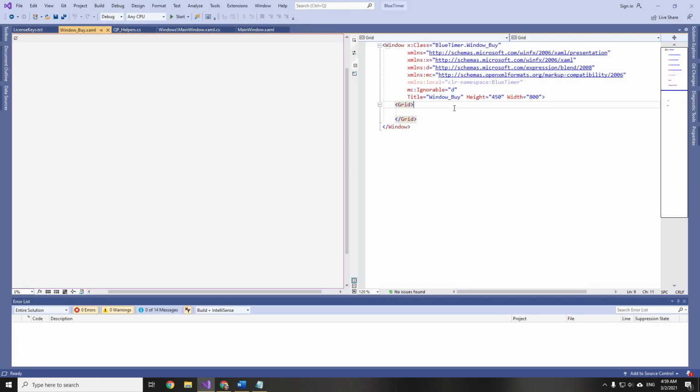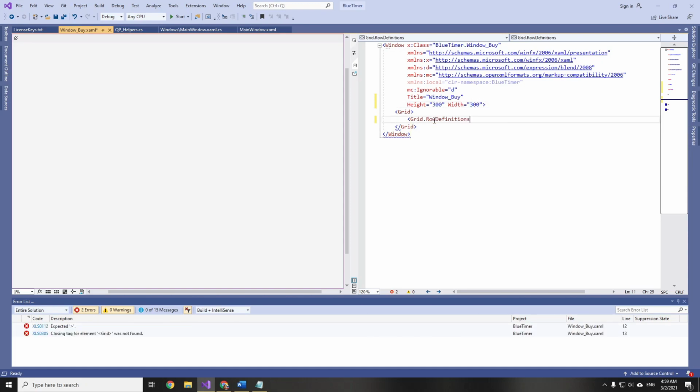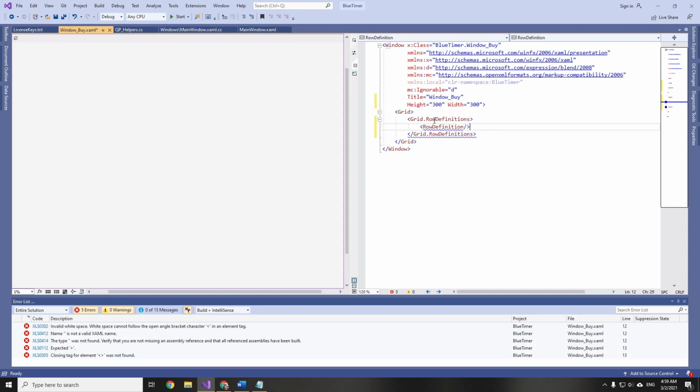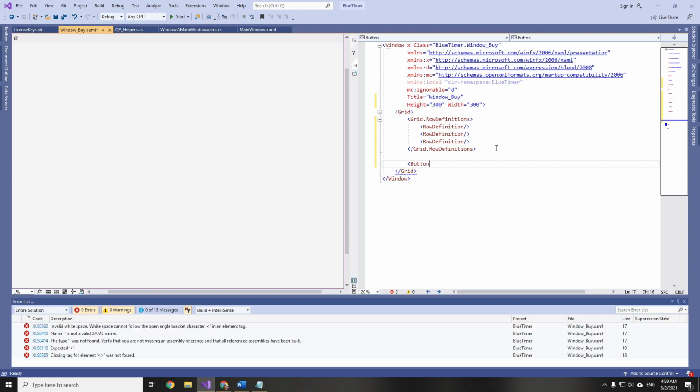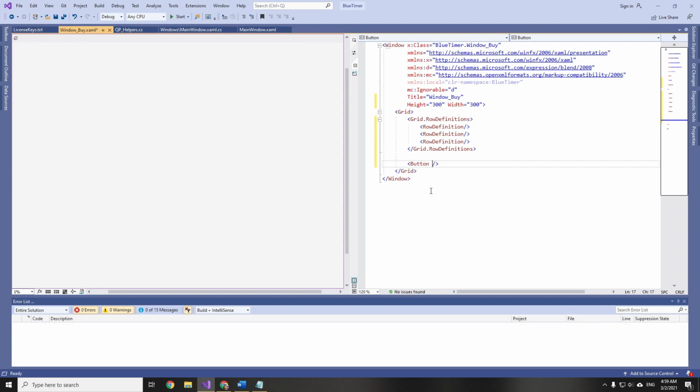So I will just design our window for buying. So let's make it a bit smaller, like 300 by 300. I will place it in 3 rows. The first row will be a button. Well, I will just have 3 buttons. Oh no, rather the first button will just close the window, so grid row equals 0.